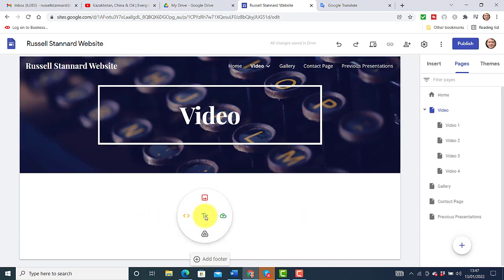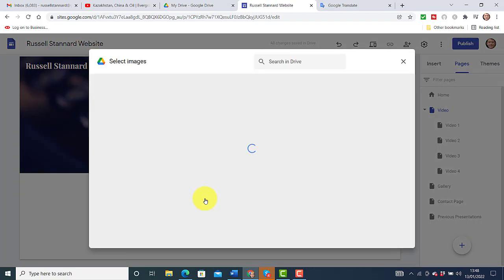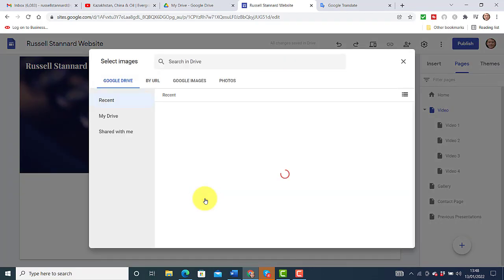So I'm going to double click here, and I'm going to go to my images. So I'm going to go to images on my computer. I could look for an image that I've already uploaded into Google if I think that previously I've uploaded an image that I could want to make use of again. I do have that